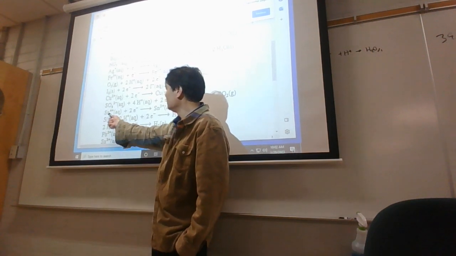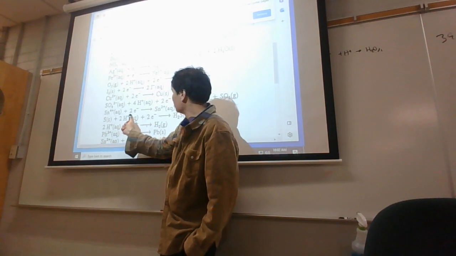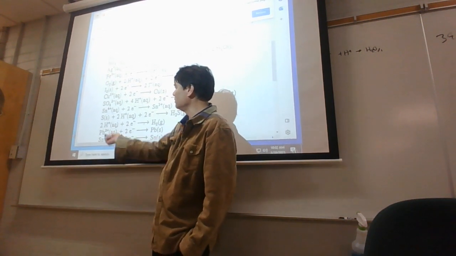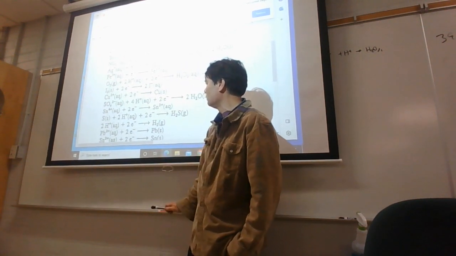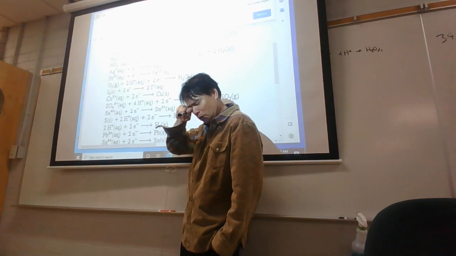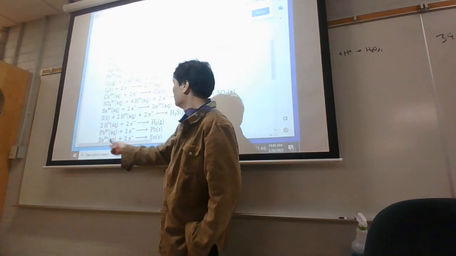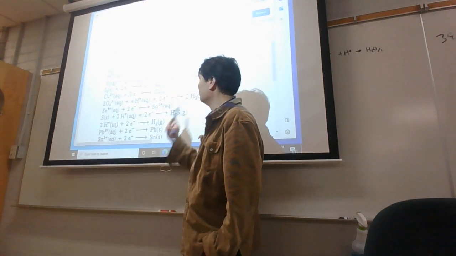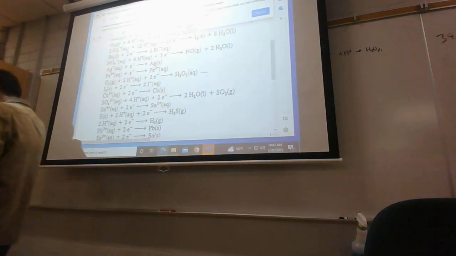It's just this way. Tin 4 is a high charge, but not a super powerful oxidizer. Sulfur, this is really weird. Sulfur can go either way. Sulfur is normally thought of as a pretty decent reducing agent, and here it can be an oxidizer as well. You think it's in the same family as oxygen, so you think it'd be a pretty strong oxidizer like oxygen, but it's a big atom. So this is very similar to O2, and rather than forming H2O, it forms H2S. And then we have H+, just mineral acid,